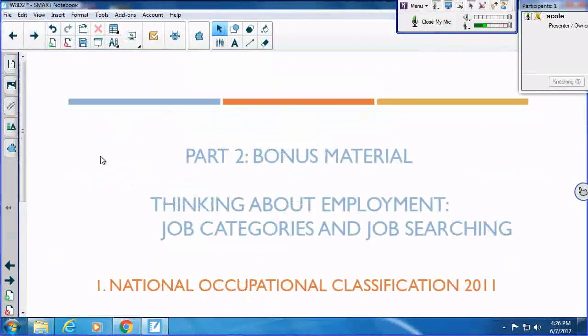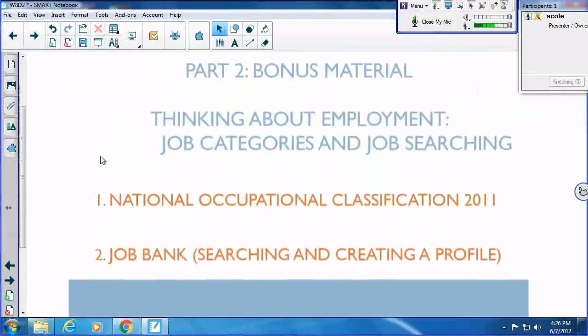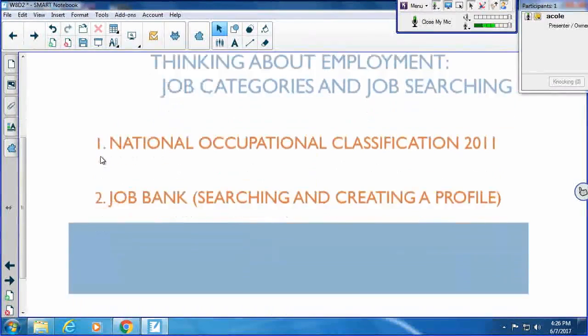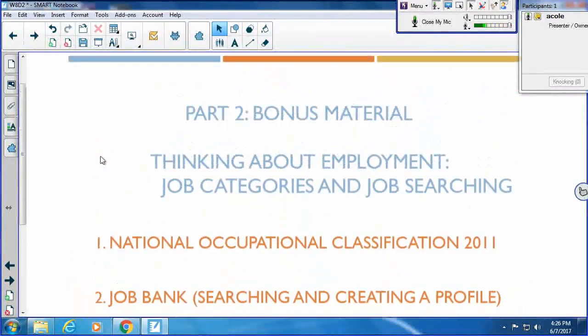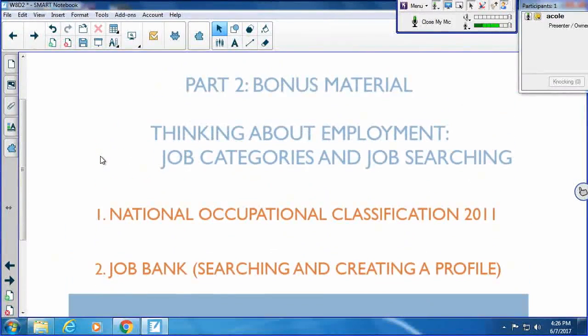All right, so part two, this is extra information here, right? I thought you'd appreciate having a conversation about different job categories. So if you're thinking, well, how do I explain what type of job I'm looking for? I'm not even really sure what's out there.